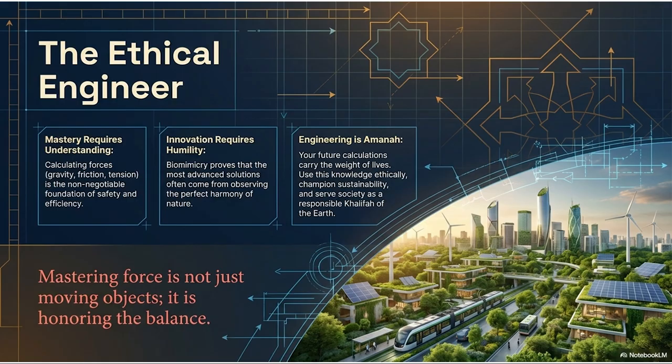We started out today by asking you to look around your room and imagine the massive, invisible wrestling match happening all around you. The perpetual stalemate of equilibrium. Right. And over the last hour, we've unmasked the invisible architects enforcing that stalemate. We've looked at how aerospace engineers mathematically calculate how to break that stalemate to launch a shuttle into orbit. We've seen how automotive engineers use the violence of friction to enforce a stalemate and stop a speeding car.